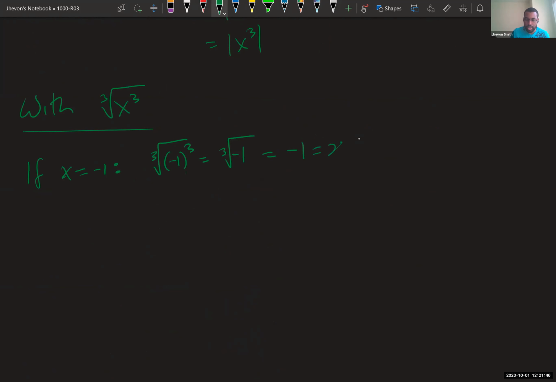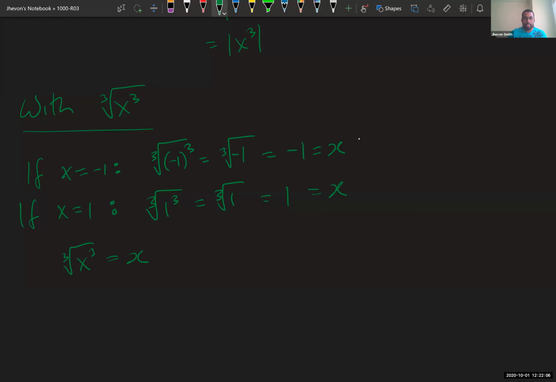So that's just the original x. If I have my x as +1, that is the cube root of +1 cubed, which is the cube root of +1, which is just 1, which is the x. So we have that the cube root of x cubed is always going to give you x,